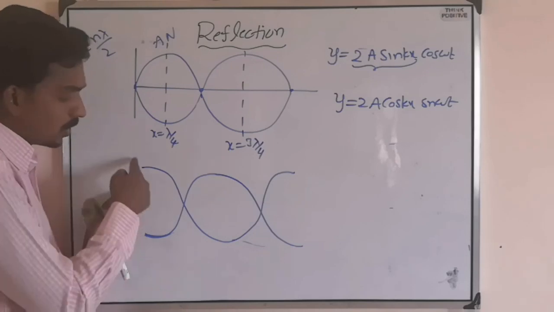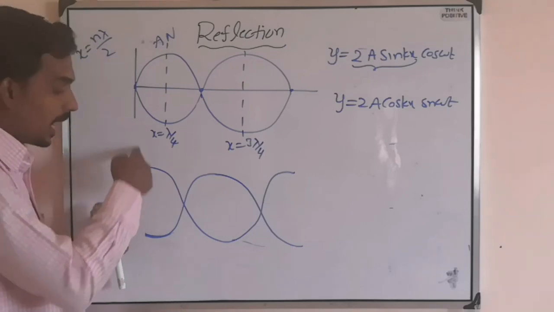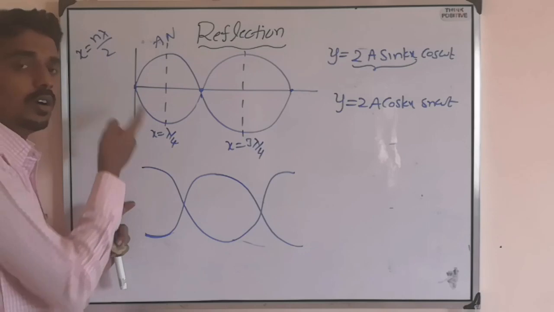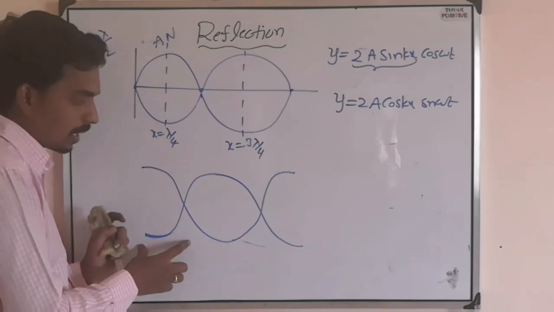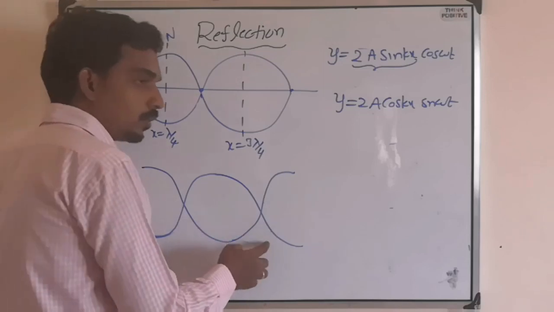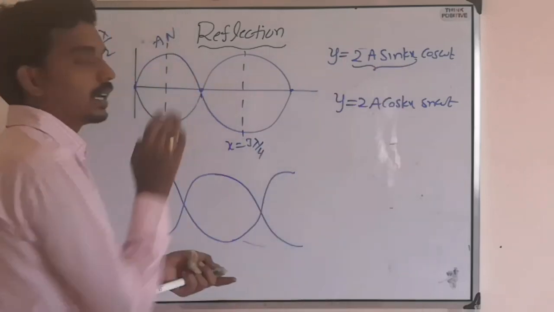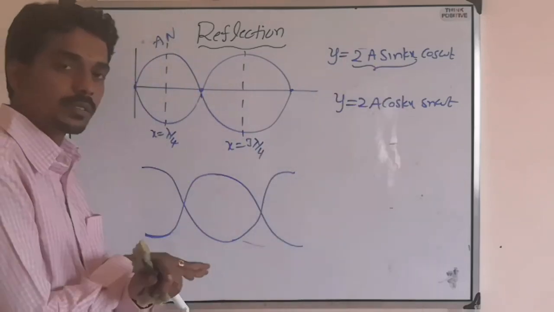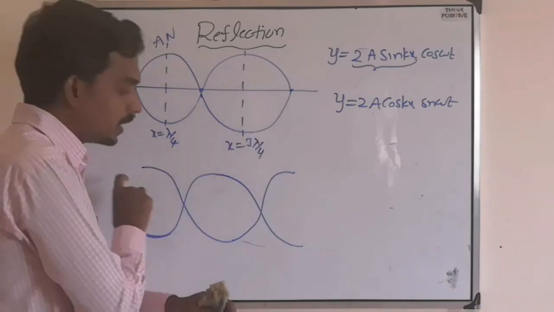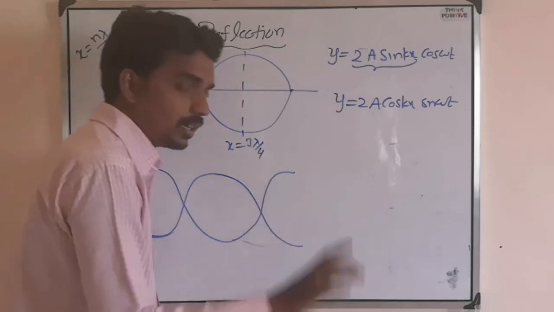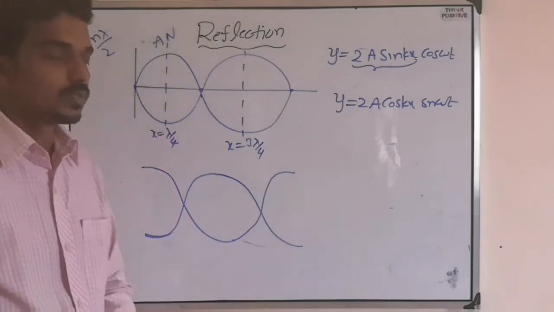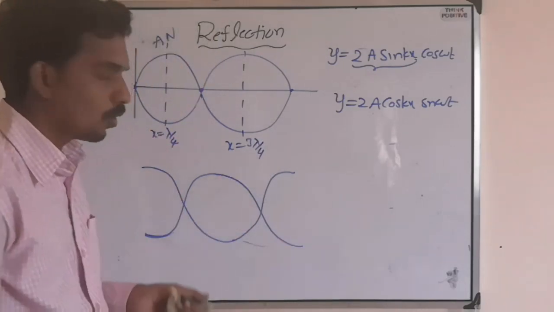Here x equal to 0, maximum amplitude, antinode. Here x equal to 0, node position. So now the node positions are lambda by 4, 3 lambda by 4, and so on. Earlier condition and this condition are reversed. Here node condition, here antinode condition. Here antinode condition, here node condition. So like that also, if it is open end.